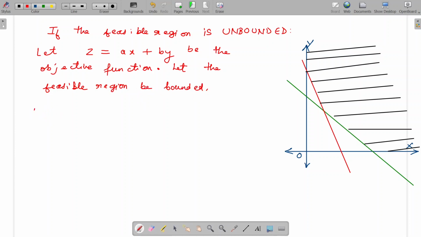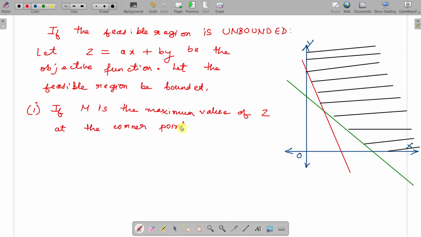Okay, so if capital M is the maximum value of Z at the corner points, okay, if M is the maximum value of Z at the corner points, then